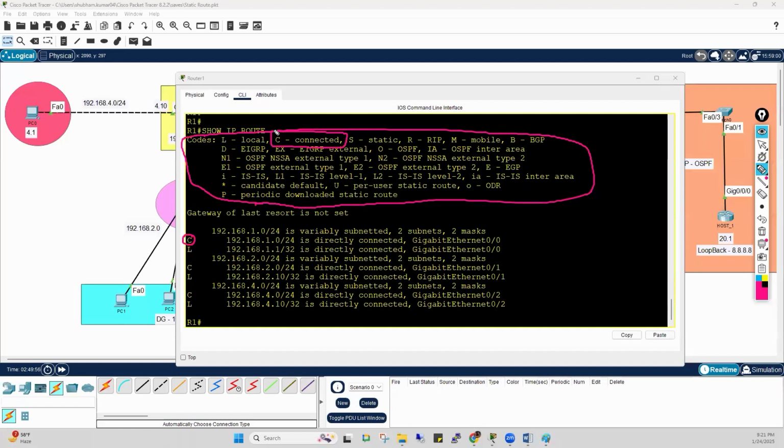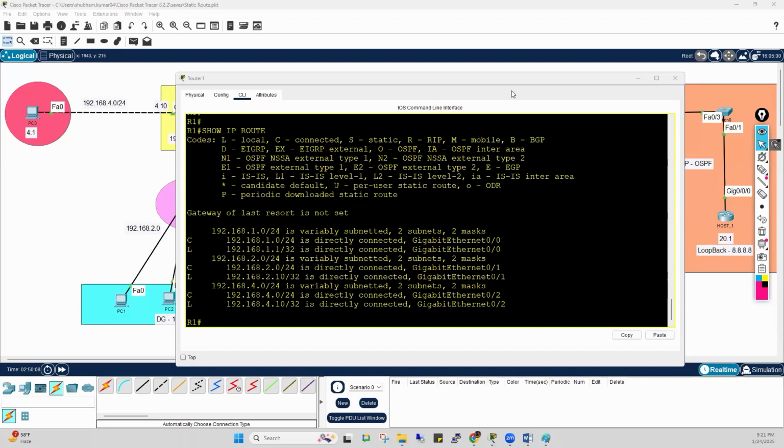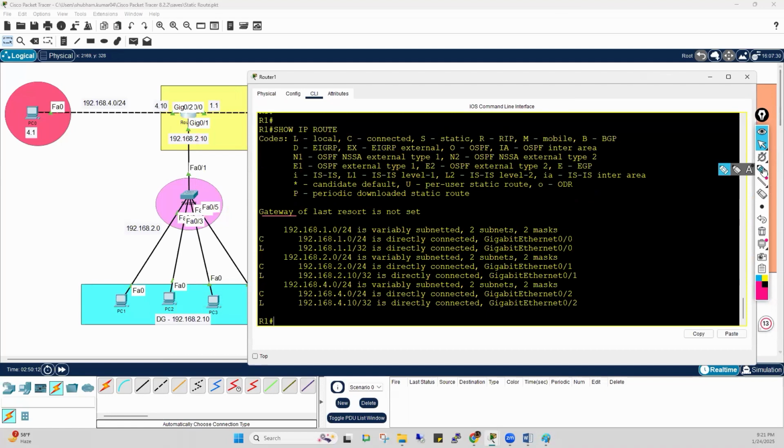C means connected. It means the network ID that you are getting here is directly connected with this router. Getting my point? Yes or no? Clear? So see here, for example, on this router I run this command. On this router I run this command. So see here, first see